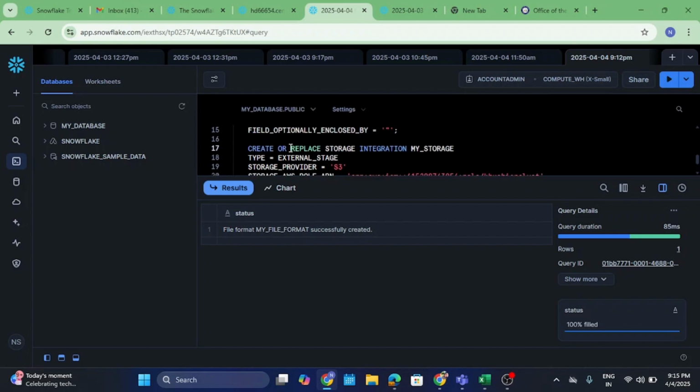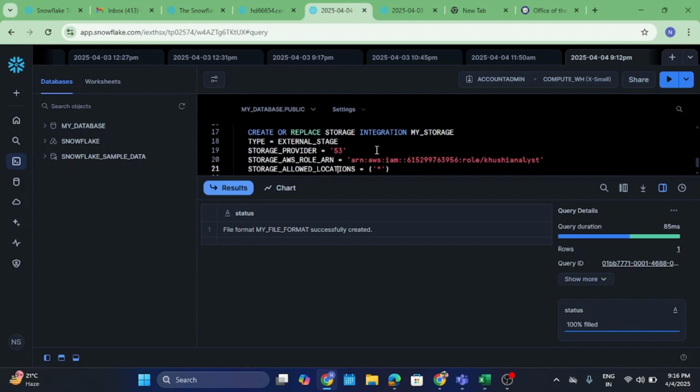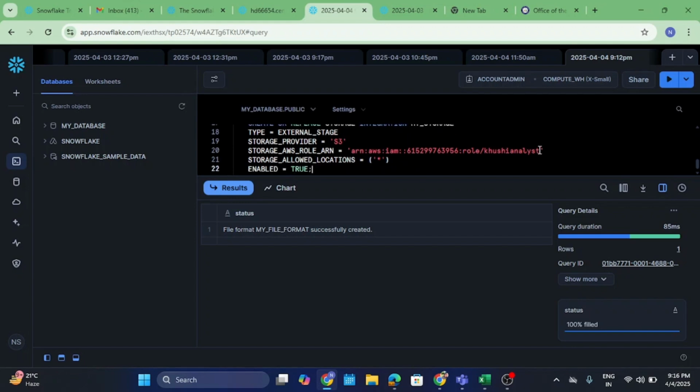Create or replace storage integration. See, we are integrating storage. So I have given the name my storage. Type is external storage. For Snowflake, AWS is external storage and the storage provider is S3. It could also be Google Cloud, Microsoft Azure as well, because Snowflake is a multi-cloud service provider. So for AWS storage, AWS ARN rules, there is a specific